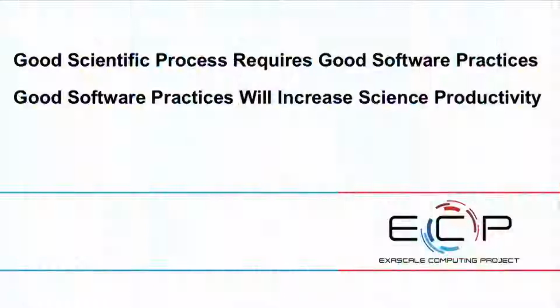And to reiterate, the theme of today's lectures is that good scientific process requires good software practices, and that good software practices will increase scientific productivity. And in particular, for the kind of systems that you all are here to learn about, that